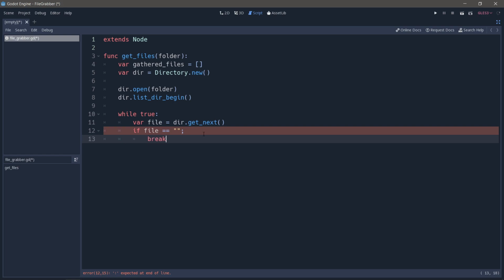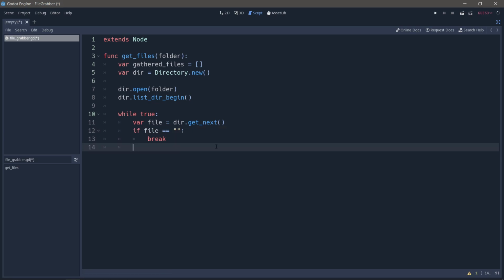We don't want to keep a while condition going forever. It's going to get really embarrassing. Also, that should be a colon, not a semicolon. Next, let's make sure that we're gathering the files, we're getting this gathered files dictionary appended, only if the file information is what we need. And to do that, I'm going to use elif, and we're saying not file.begins with